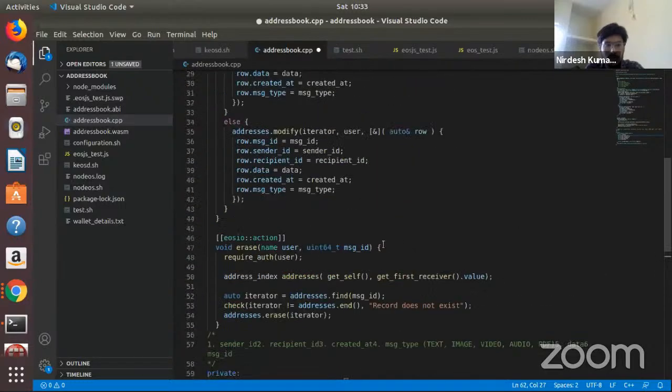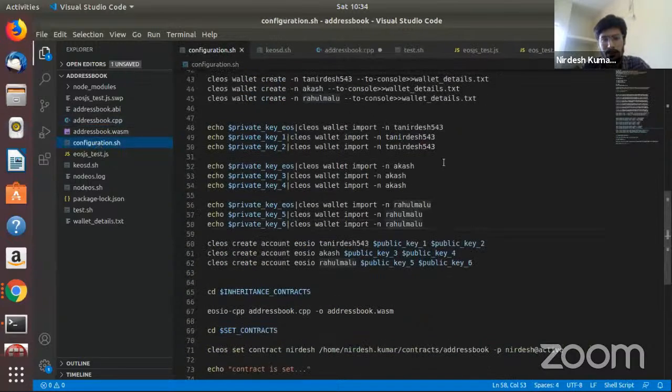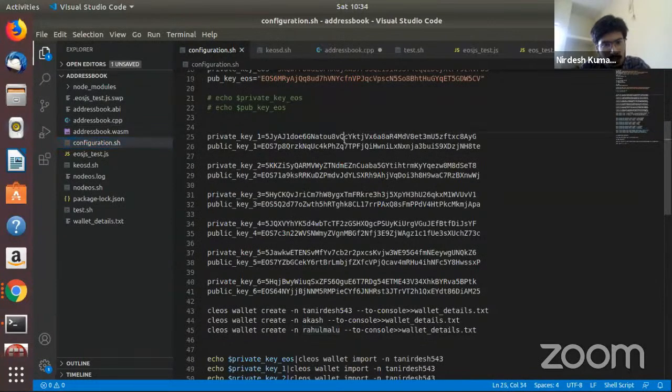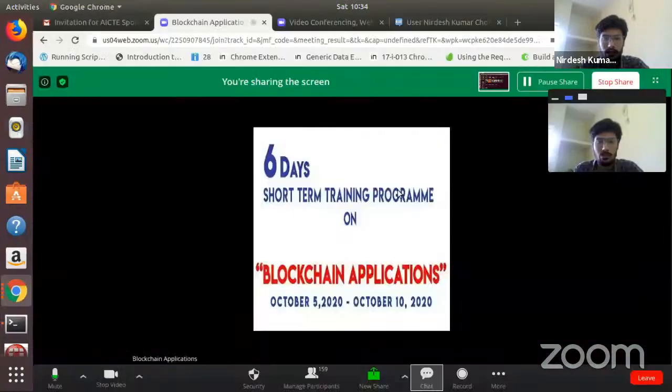So I think that's all with the contract part. So let's move on to the key part right now. So the key part is I have made some keys. So this is my configuration script, right? So where did I get those keys? Let's find out. So here is